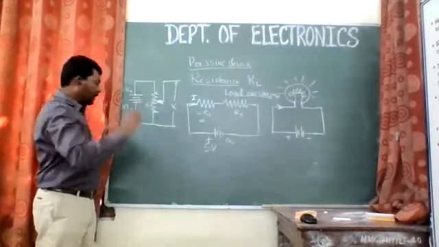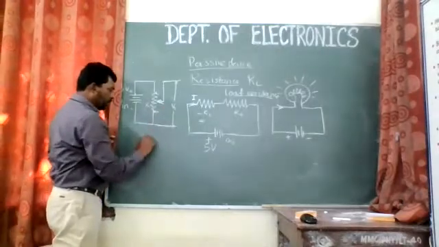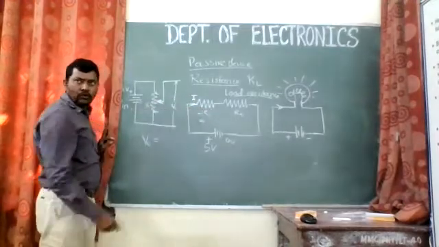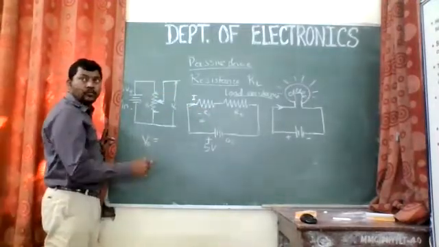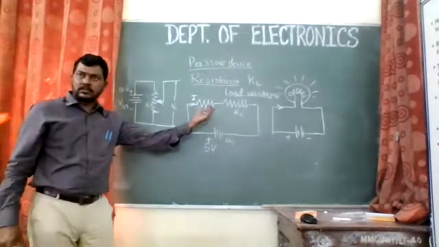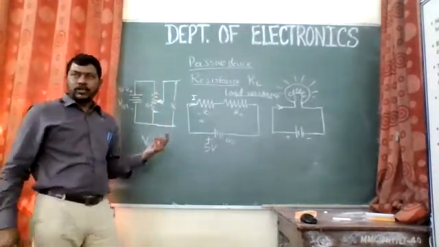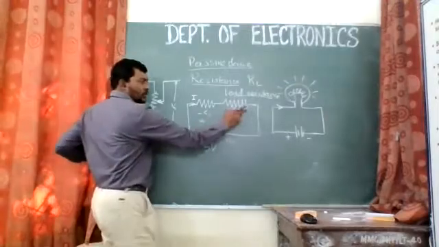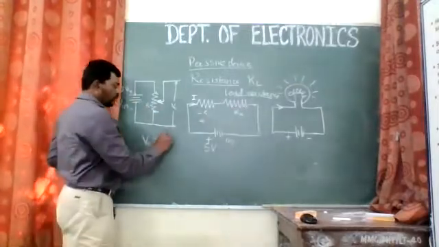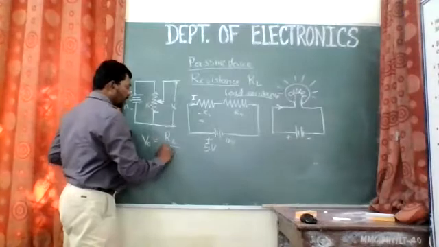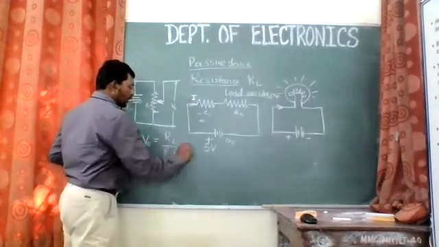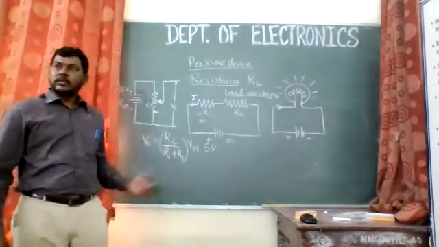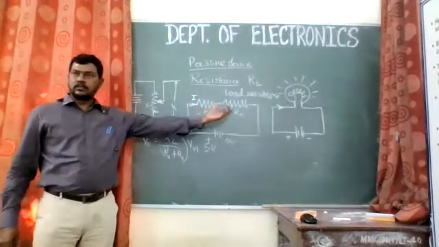Is it okay? Now, the output voltage VO, the formula will be, if I take two resistors like this, R1 and R2, which are connected in series with this, and I need to measure voltage across one of the resistors. So whatever resistance you have to take, leaving that resistance. So VO will be equal to, so I need to measure the voltage across this R2. So the formula is R2 by R1 plus R2 into V in.